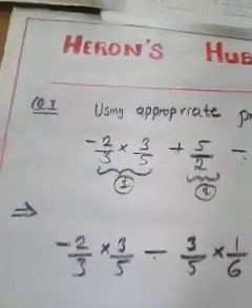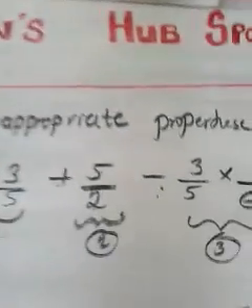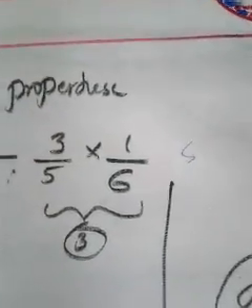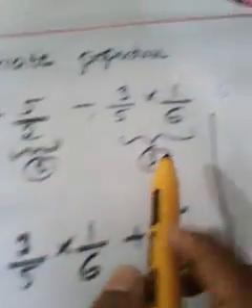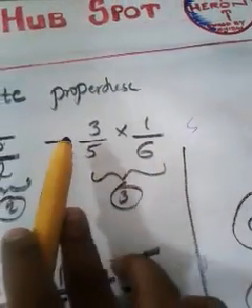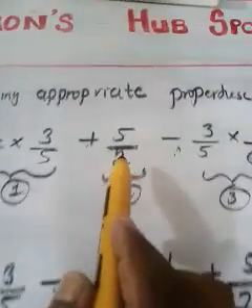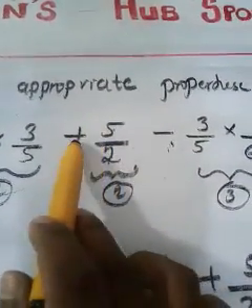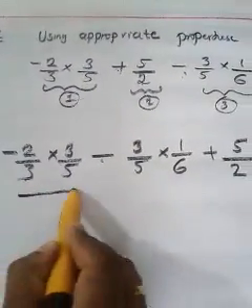So what I did, I just made some changes. According to the question, this is your first term, this is the second term, this is your third term. So I am going to write the first term and third term together. First term as it is, then the third term, 3 by 5 into 1 by 6, with the sign. So minus 3 by 5 into 1 by 6 I have written. Then which is the remaining term? Plus 5 by 2 is the remaining term, with the sign it is read as plus 5 by 2. That I wrote last. Okay, and what is the reason for writing these 2 terms together?